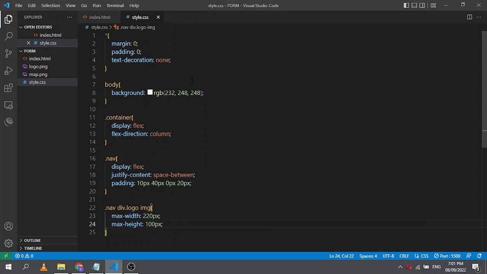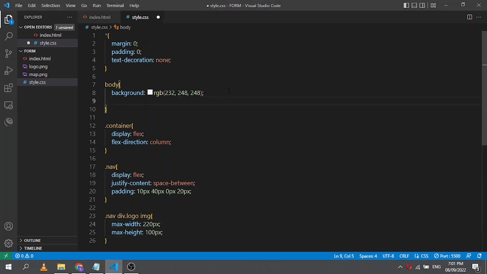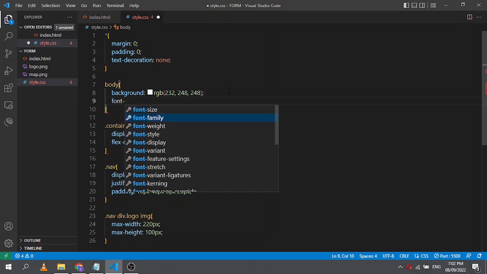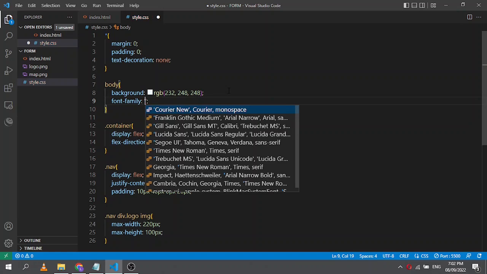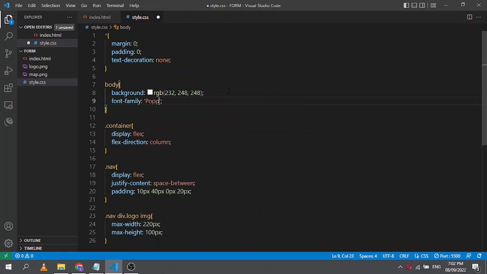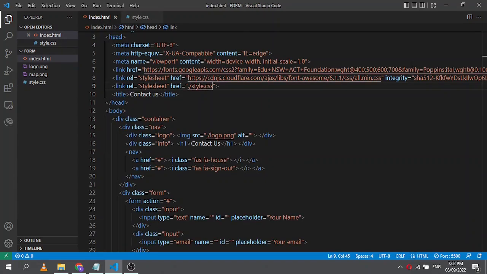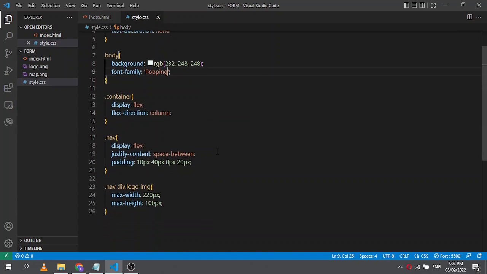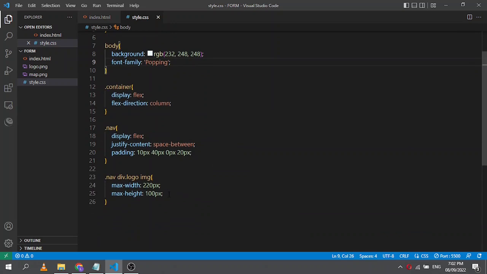One more thing, I'll bring my font, so I'll set the font family here to Poppins. The Poppins is coming from this CDN link I brought in the other time. But you can use whatever font family you like, but I like Poppins. Alright, since the image is looking nice,